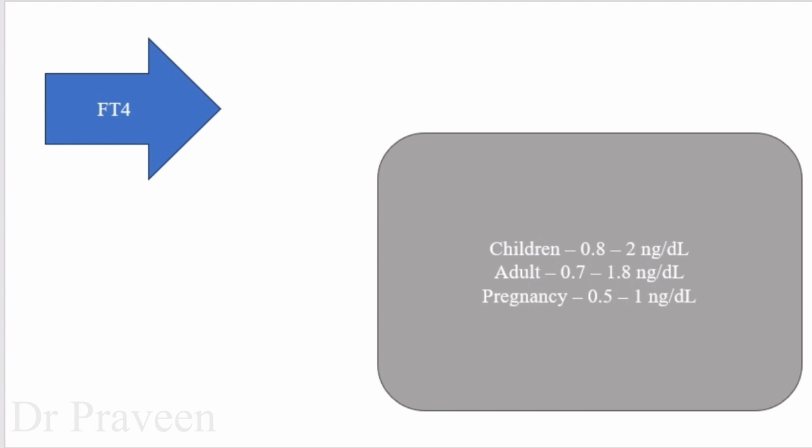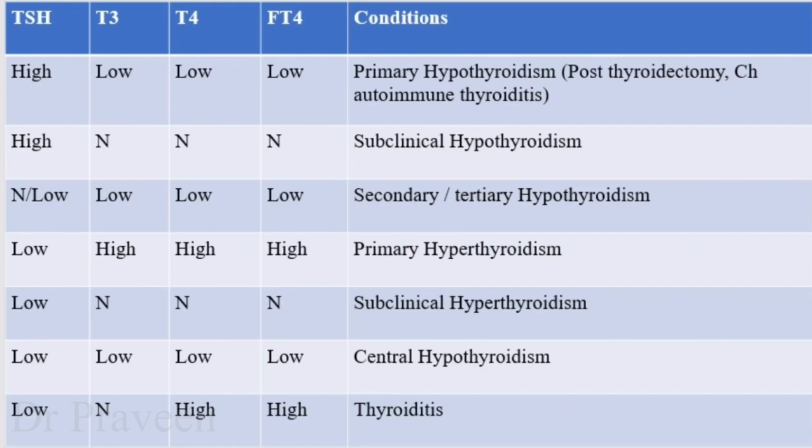FT4 in children, the normal range is 0.8 to 2 nanograms per dl; in adults 0.7 to 1.8 nanograms per dl. In case of pregnancy, half to 1 nanogram per dl. These are the normal ranges of FT4. Coming to the readings here,